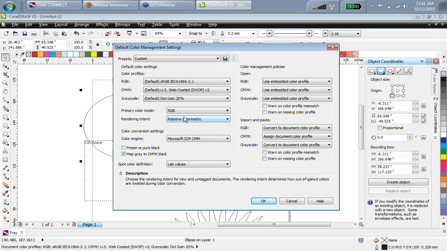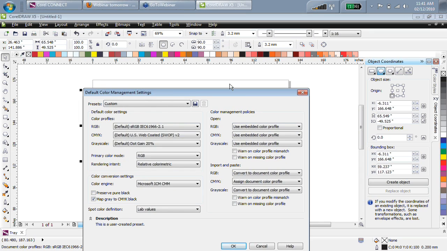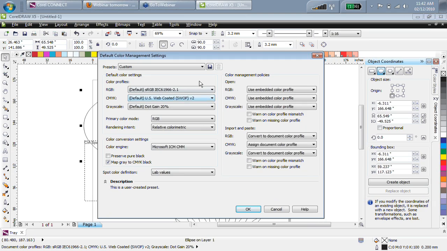Okay, so now I need to rewind and talk about the laser printers not printing pure black. What happens is when you draw inside the drawing space, if you started with CMYK and you print to a printer that isn't CMYK, in other words, it's not PostScript basically, we have to convert all the CMYK colors to RGB colors to send out for that printer. When we do that, we use these color profiles that are listed up here, and for the most part that works really well, except people have commented a few times that they don't get 100% black out of their laser printer. And what I would suggest for them to do is come into this checkbox right here,